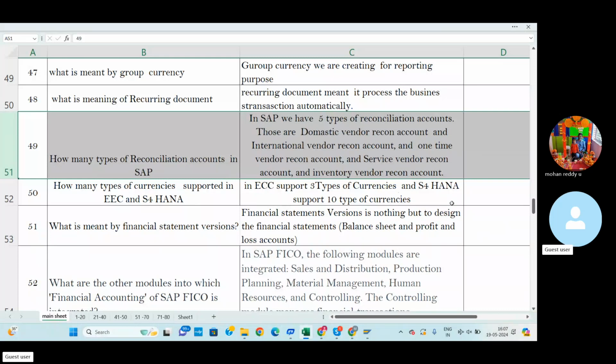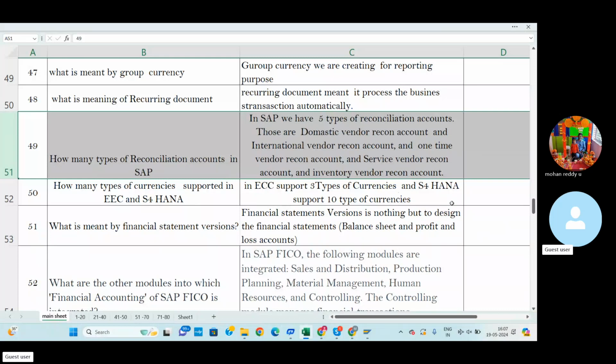The international recon account is for when the vendor is staying in other countries outside India, other foreign countries. For this purpose we can create the international vendor recon account.